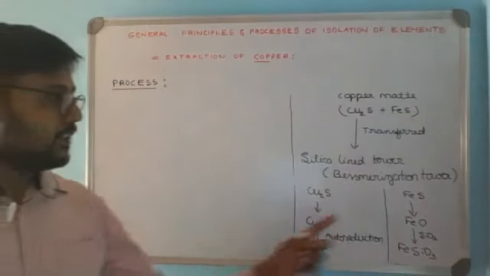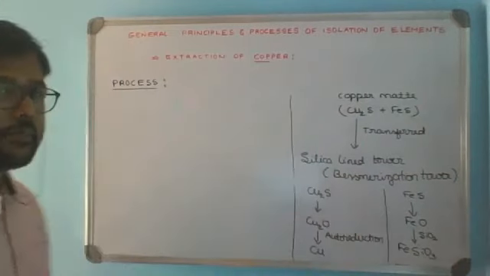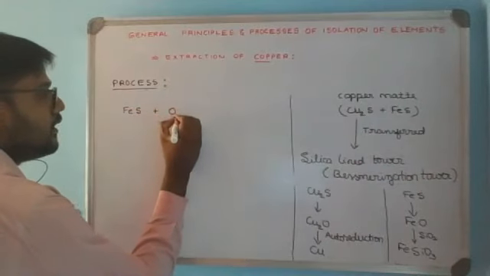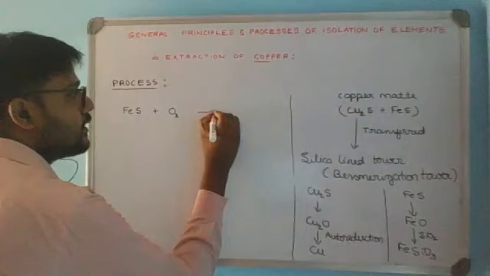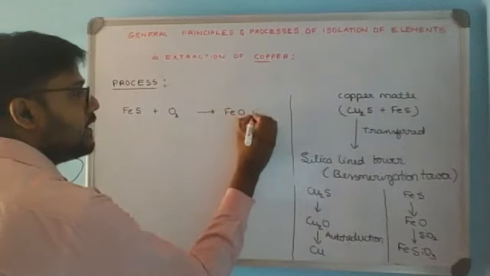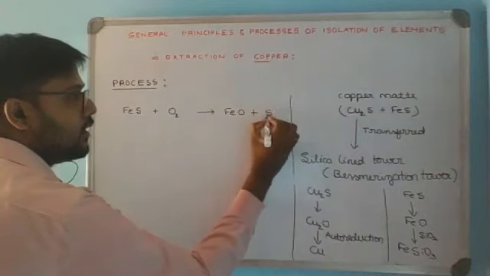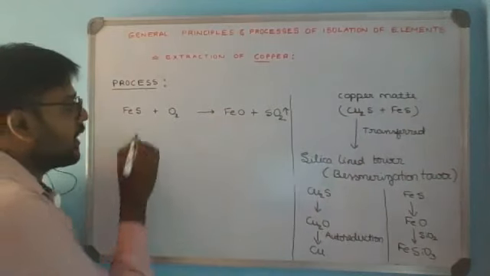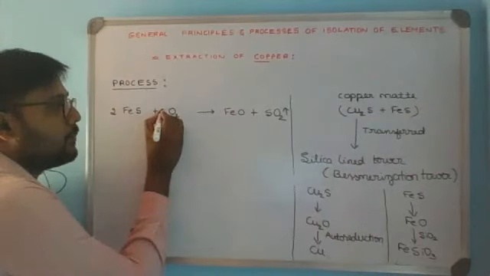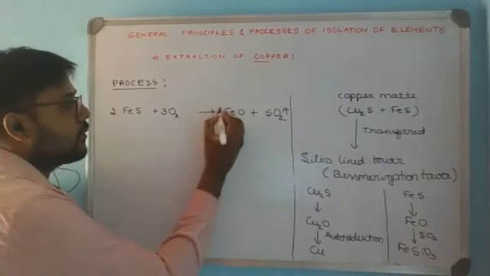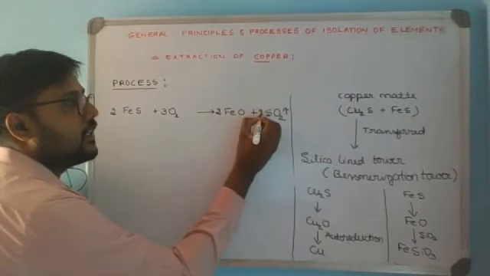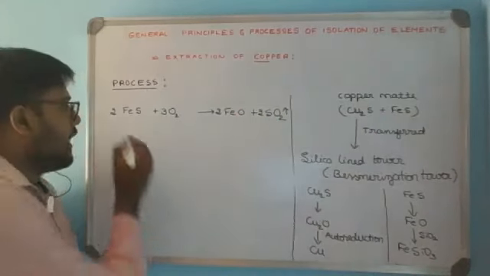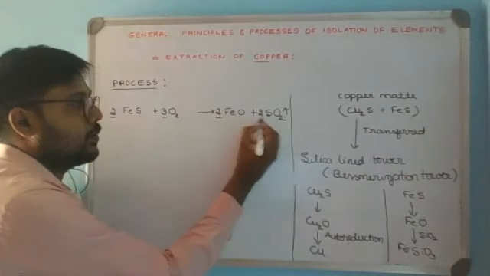In the beginning equations, you can explain the removal of gangue. It is an already learned equation. First, the FeS present in the copper matte gets oxidized to iron oxide, and sulfur present in the iron sulfide is removed in the form of sulfur dioxide. We know that for the roasting process, the standard stoichiometric values are 2 moles of the sulfide ore combining with 3 moles of oxygen to form 2 moles of iron oxide with the liberation of 2 moles of sulfur dioxide. Already we learned how to remember these standard stoichiometric values for the roasting process.